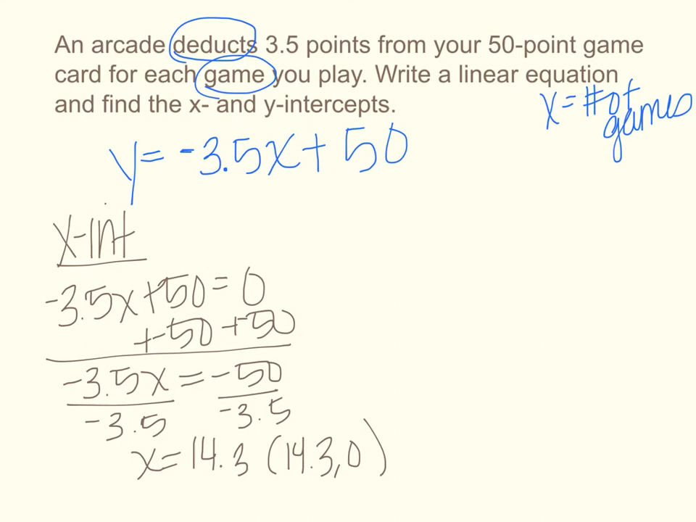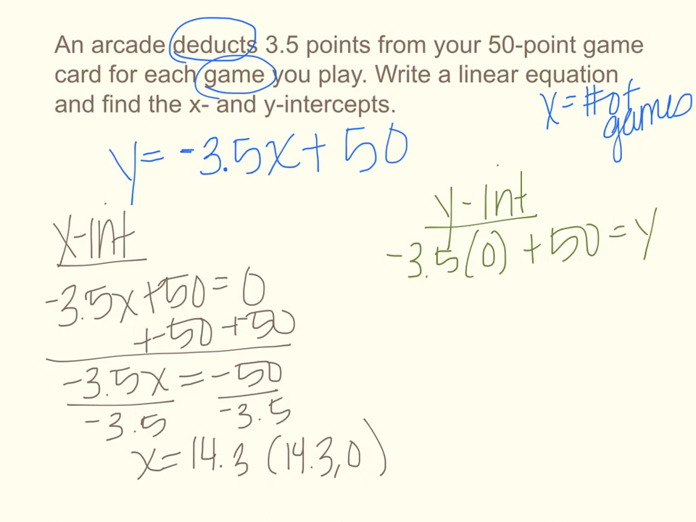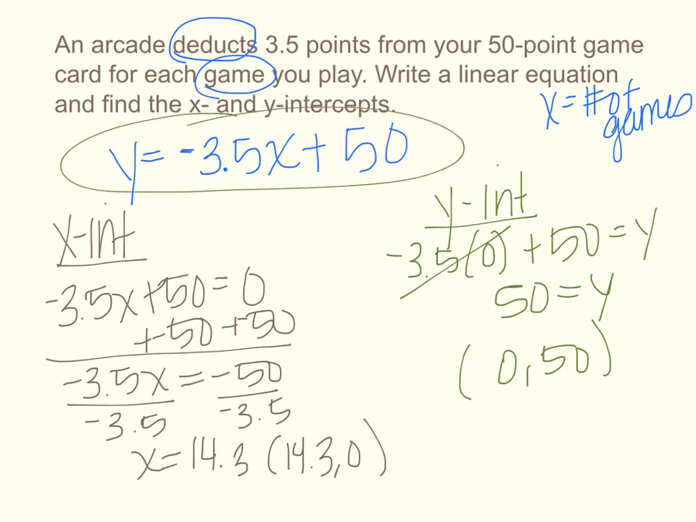Now I'm going to do the same thing for my y-intercept. And I'm just going to do negative 3.5 times 0 plus 50 equals y. Again, that's going to go away, so you're left with just 50 equals y, or your ordered pair of 0 comma 50. So I know that this one might be a little bit more difficult because you're creating that equation,